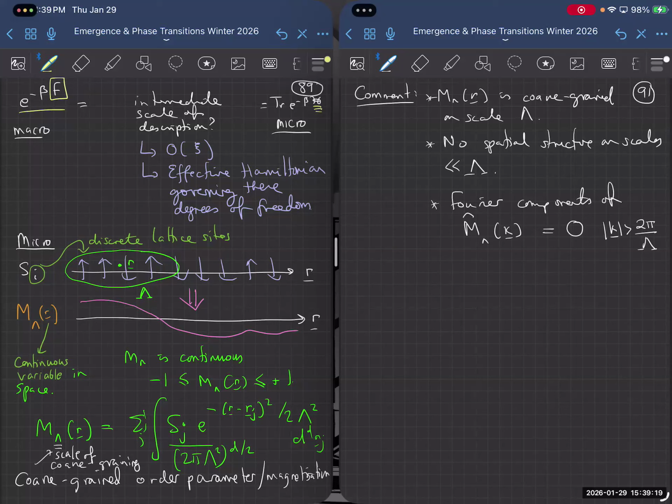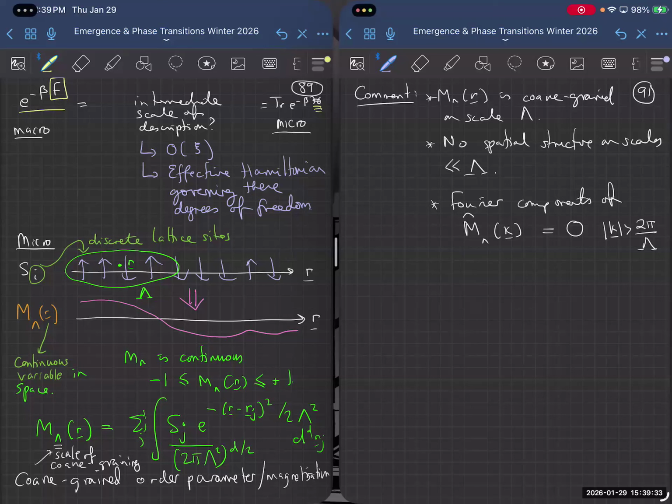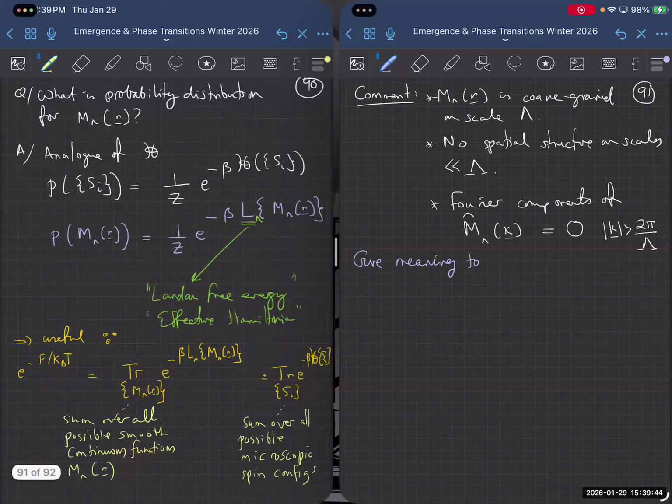That gives you a clue that we can construct this functional integral by doing integration over Fourier components. So that means we can give meaning to the functional integral